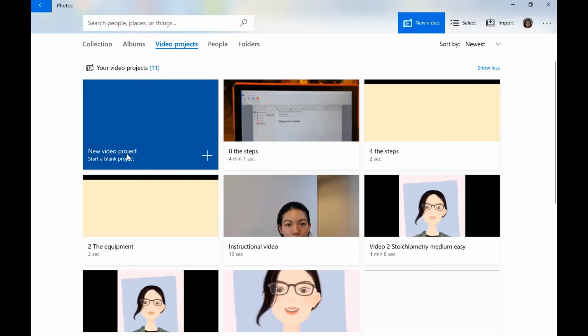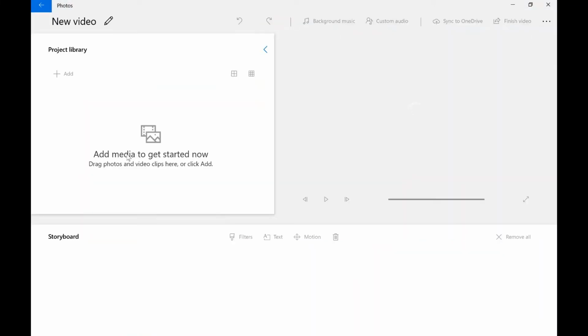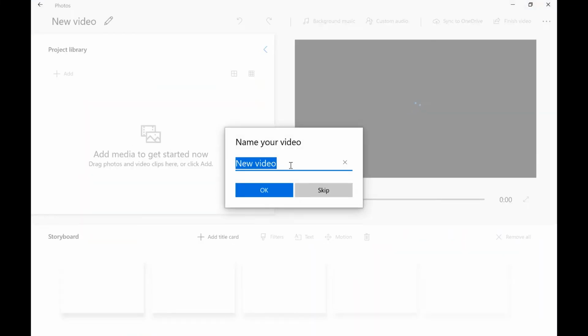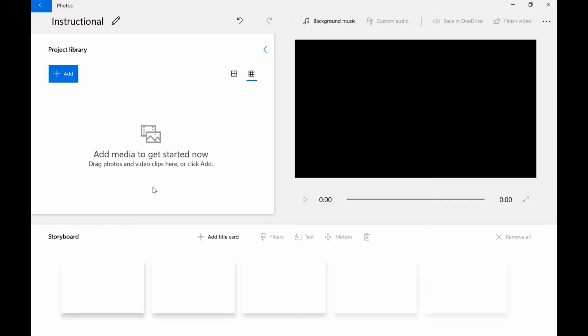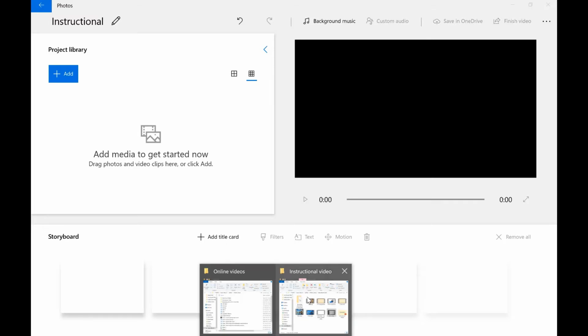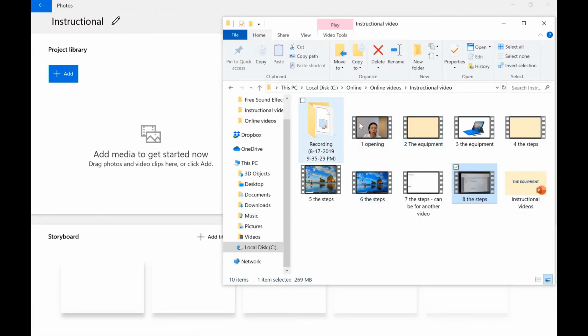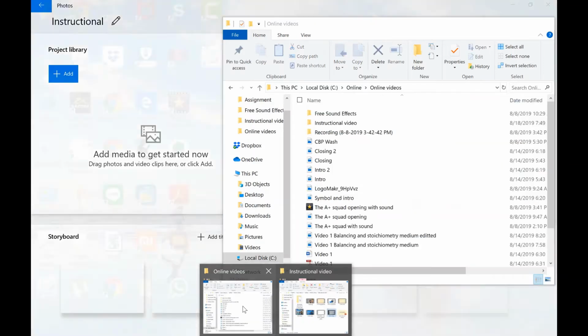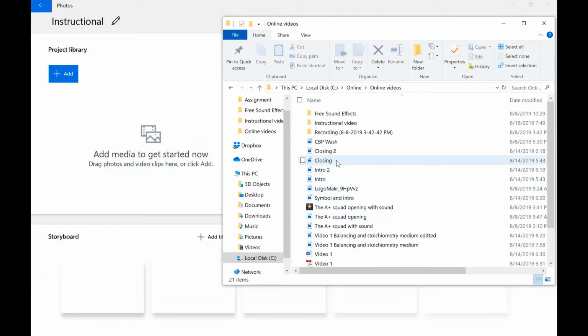Click on new project and you can name it, let's say instructional, and then you just drag the files that you want to add into the finished product. So I'll just drag my A+ squad